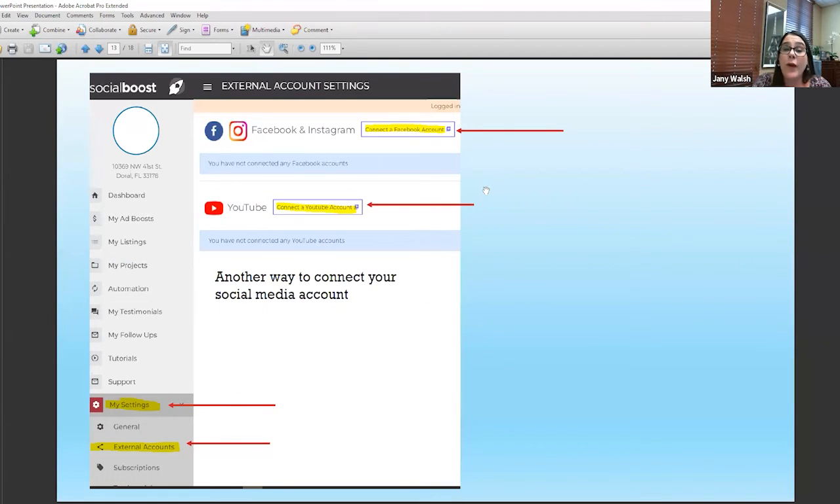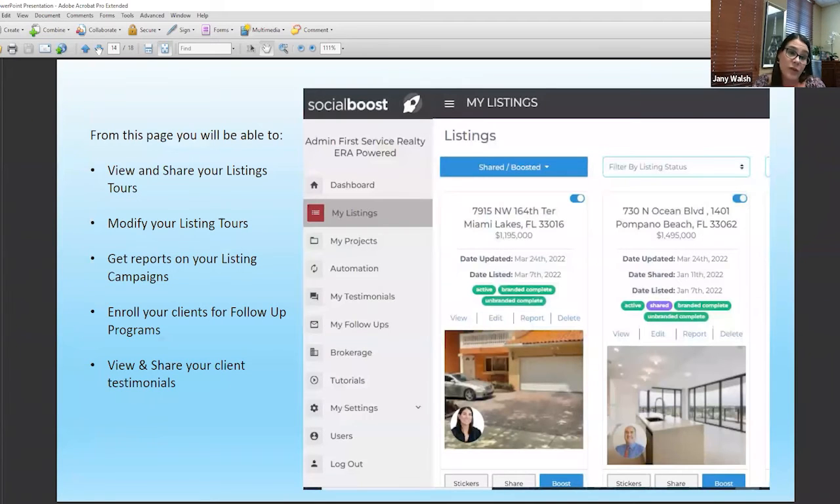Now, another way, for instance, if you go onto your account, to your Social Boost, and that message does not pop up, the second way to do it would be to go to your settings down here and then external accounts. Then you would get this page here that has connect to Facebook and connect to YouTube. Once you click on that, it'll automatically, like I said, recognize your Facebook account and it will connect it there. If you have any problems doing this, please give me a call so that I can help you with that,